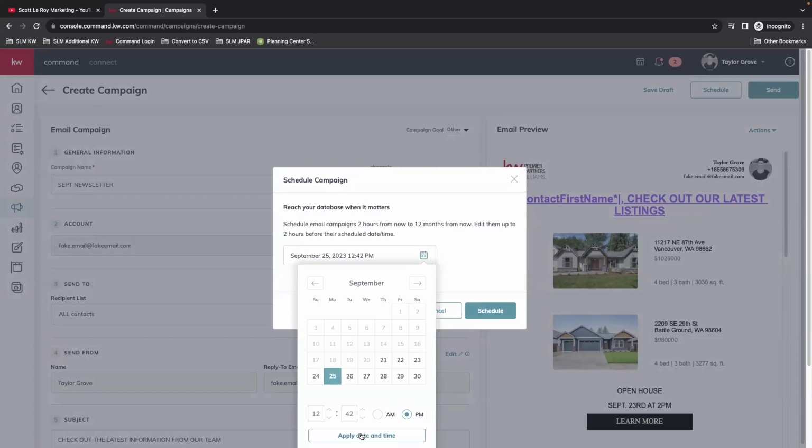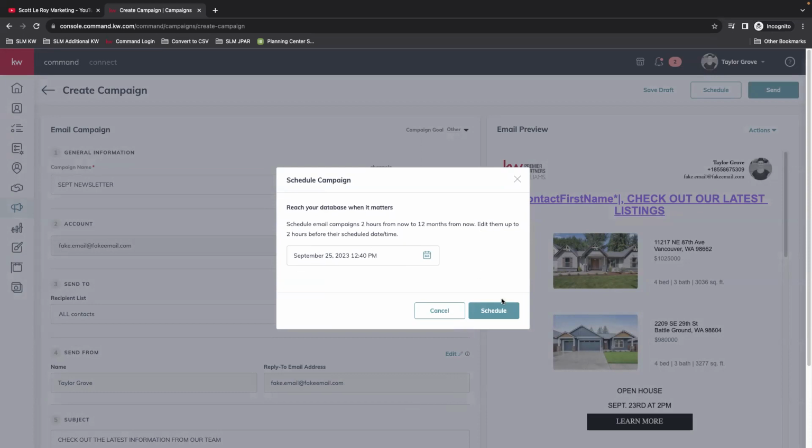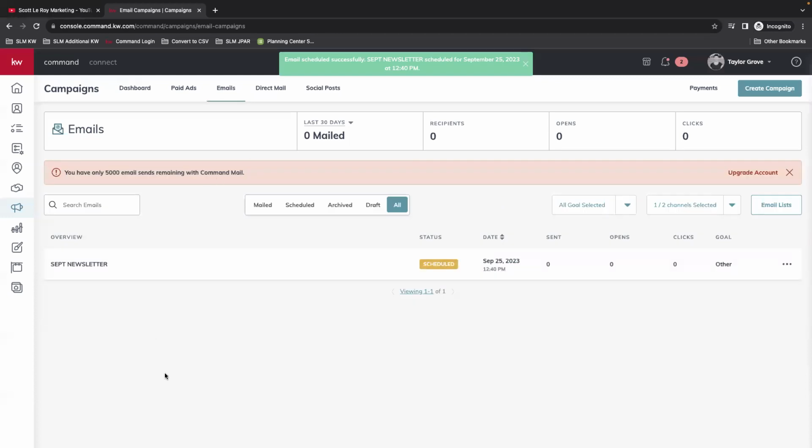Did not like that I didn't apply date and time. There, that changed it. And then schedule. There we go. So we have our overview here, the status. This is the date, so it's scheduled for this date and this time. If you had hit send, this would say processing or mailed once it's done processing with the date, and then